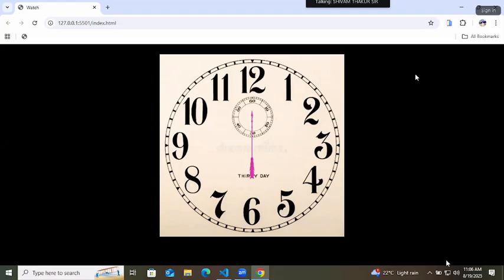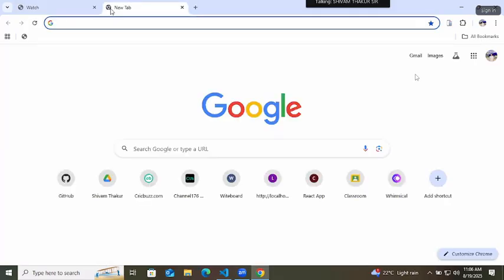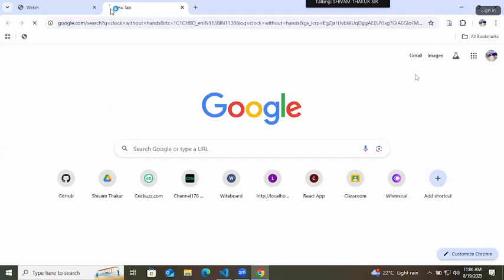Okay, so let's change this image and arrow also. We'll try to give it a real look. Clock without hands.